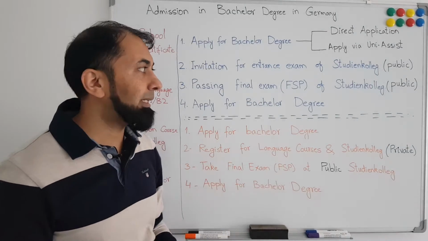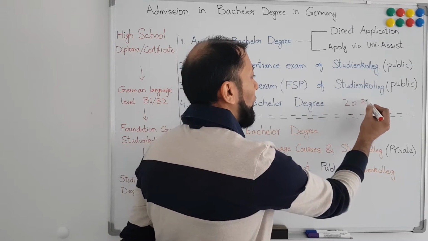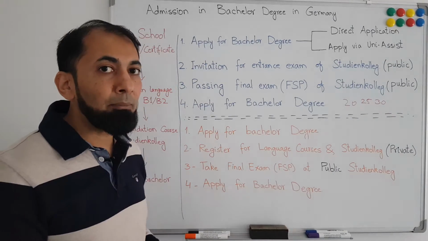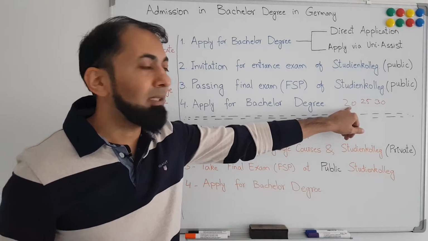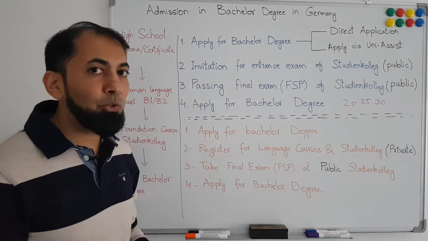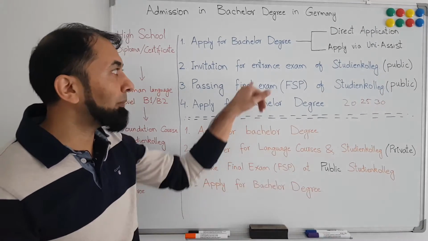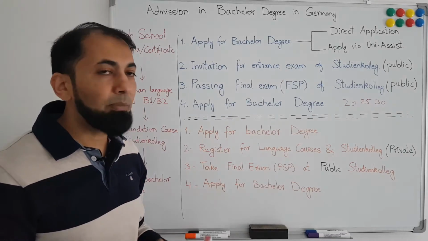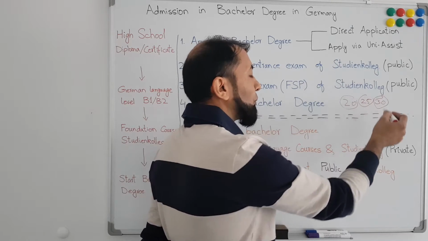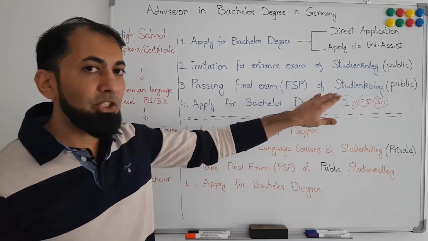And the challenge here is that every university has almost 20, 25 or 30 seats for the foundation course, and the number of applicants can be 10 times or 20 times the number of seats. Therefore, the university will rank the students based on their performance in the entrance exam, and if you have performed really well and you are among the top 20, 25 or 30 students depending on the number of seats, then you will be given admission in the foundation course.